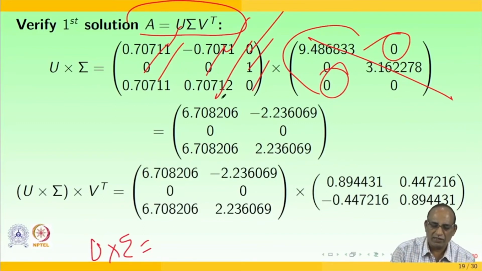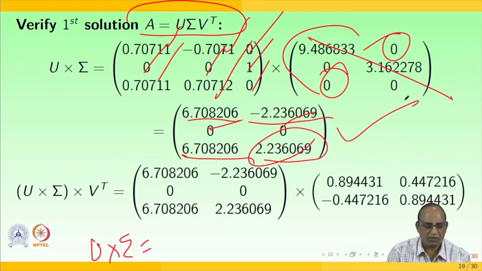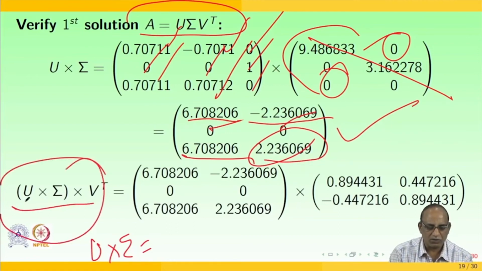So you will have the matrix like this: 6.70806, minus 2.236069, 0, 0, 6.70826, 2.236069. So when you multiply this matrix, U cross sigma, multiplied with V transpose, this turns out to be